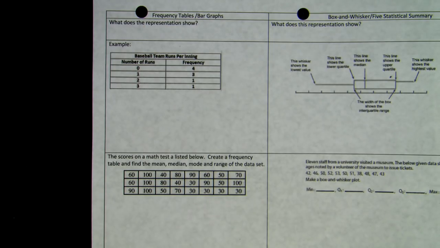Today we'll be talking about frequency tables and box and whisker plots. And these are just ways that we can represent our data once we've done some data analysis. So these are two new ways of representing data. We talked a few classes ago about things like pie charts, bar graphs, tables. These are just two new visual representations of data that help us maybe see some different trends in data that